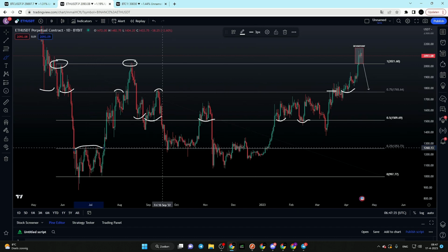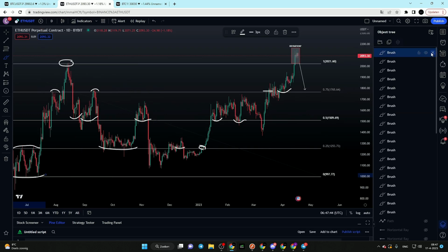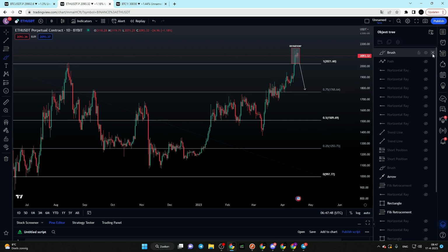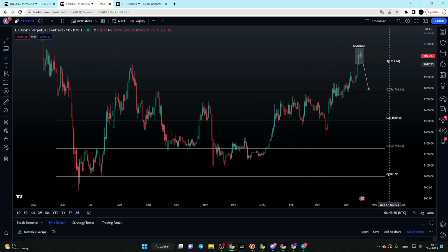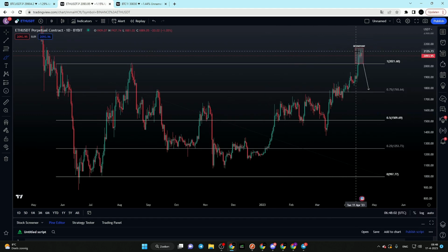This quarterly range as well, beautiful respect, as you can see, okay? Beautiful respect of the quarterly range, and obviously the range low, beautiful respect as well. This is definitely a critical range for Ethereum. Now, a lot of people are looking at a potential breakout for the Ethereum price. But usually when you get these breakouts, I would love to see a quick continuation towards the upside. If you don't, you might be wanting to be a little bit more cautious,